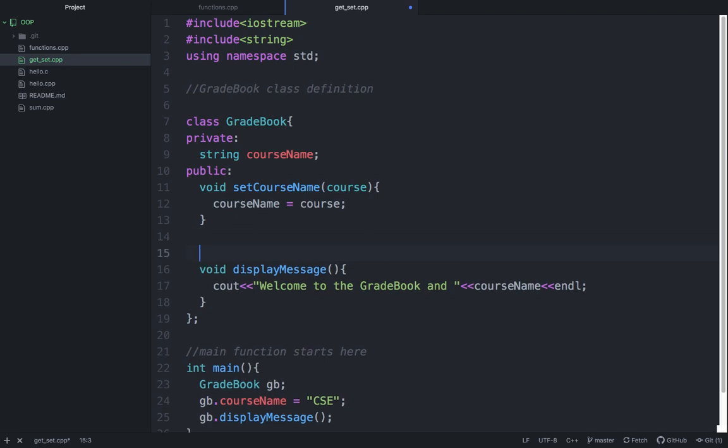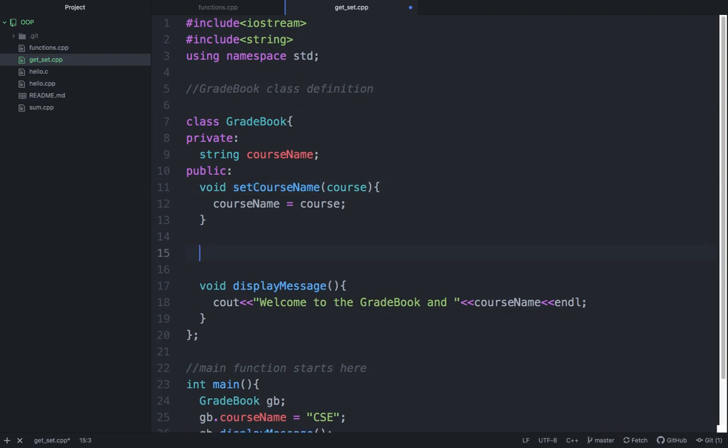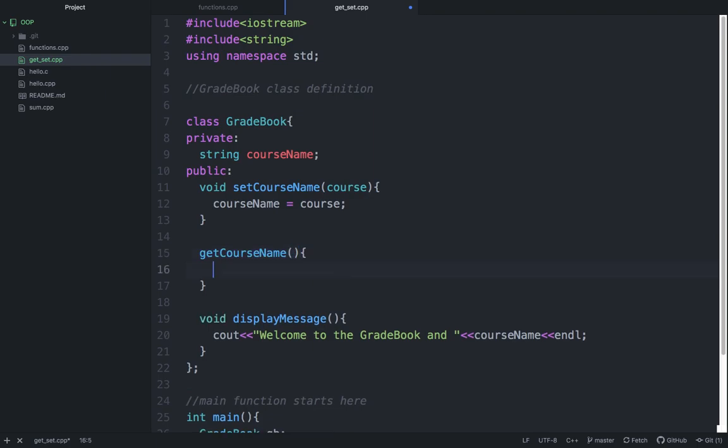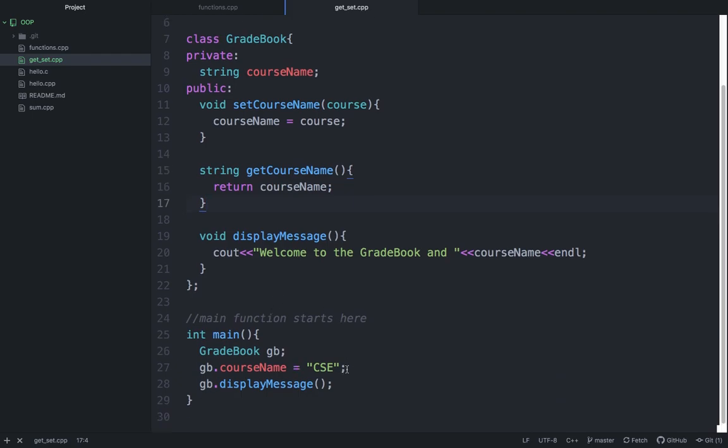But when we are talking about another function, the get function, what you have to do is copy this whole thing and write it here. So it should be get in place of set, and this function has only one task, and that is it returns the variable or data member's value. As it is returning something, its data type is always the same as the return type of this variable or data member, right? Now whenever you are trying to change the course name, this line will not work surely.